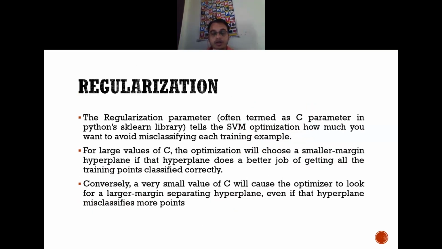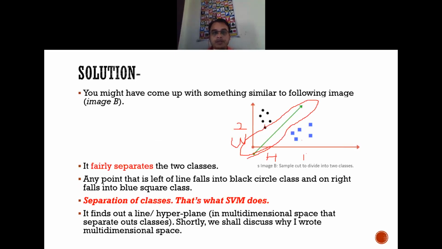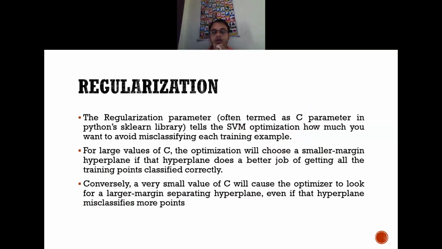Okay, now regularization. In order to implement such a support vector machine, this is not the only solution. Along with the SVM, we have to go with different parameters. So what are those parameters? The first parameter is the regularization parameter. The regularization parameter is defined with respect to C. C is nothing but the regularization parameter. So why is it required? It tells the SVM how to optimize the particular data sets to classify the particular systems.